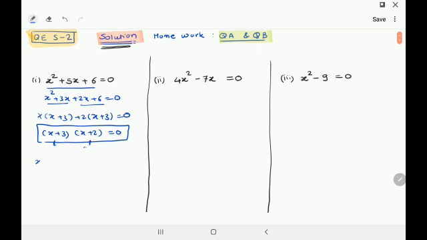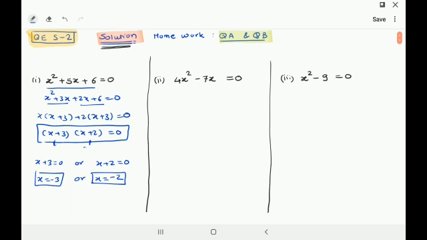So, I get x plus 3 is equal to 0 or x plus 2 is equal to 0. This gives me the x value, x is equal to minus 3, right? Or x is equal to minus 2. And that's it. Done, the quadratic equation. Hope you understand it. So simple. It's the same concept as last year's polynomials. Same concept as it is. Over there we used to call them roots. Here we are going to call them solutions. That's it. No difference at all.